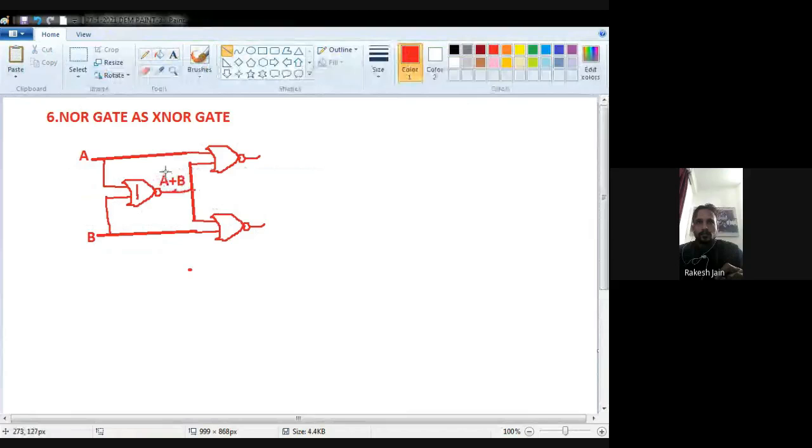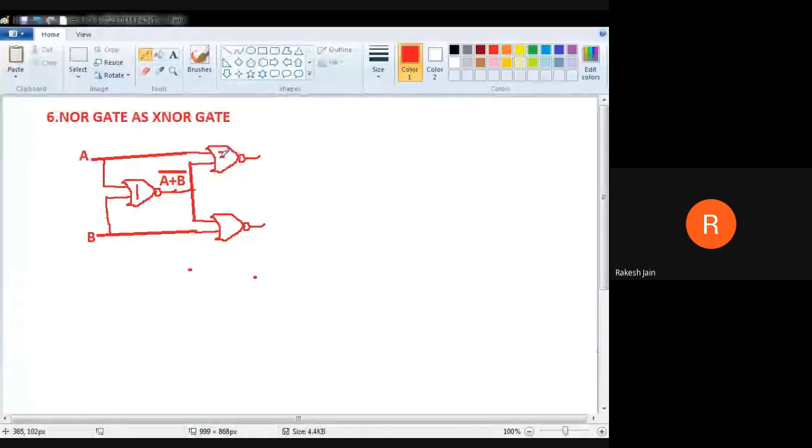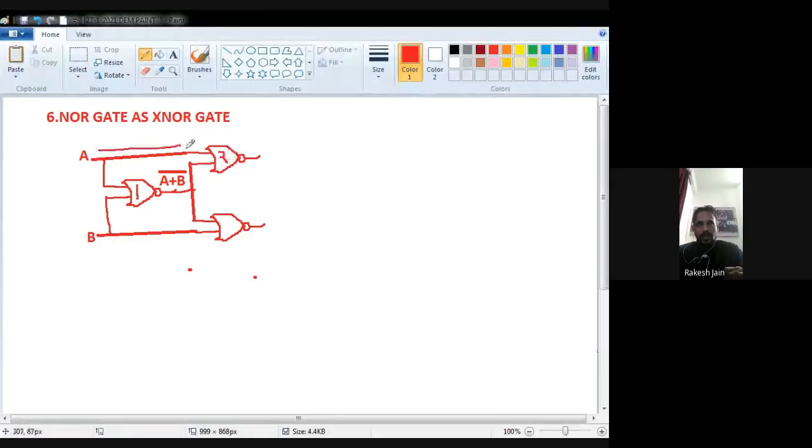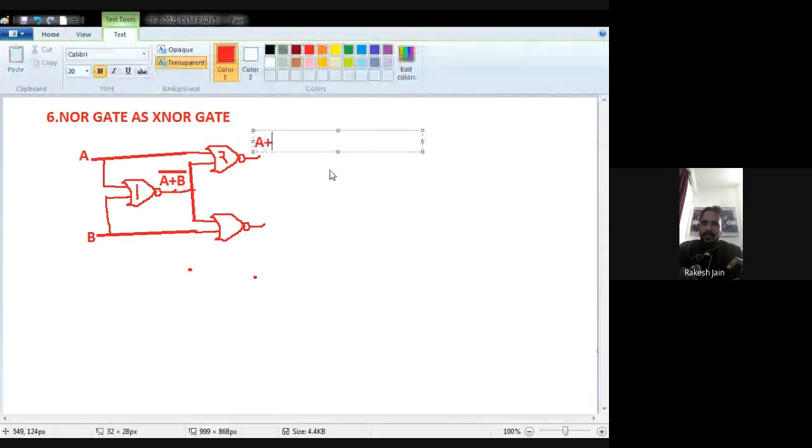First of all, let's see, if there are two inputs, we talk about the first NOR gate. So one input is A, one input is B. So what will be the output? As we know from the NOR gate, the output is A plus B having a bar. And what is the second input? The second input is this A plus B bar. It consists of two inputs. One line is connected with A and one line is connected with this A plus B bar. So what will be the output here? The output will be first thing plus second thing having a total bar. The first thing is A.